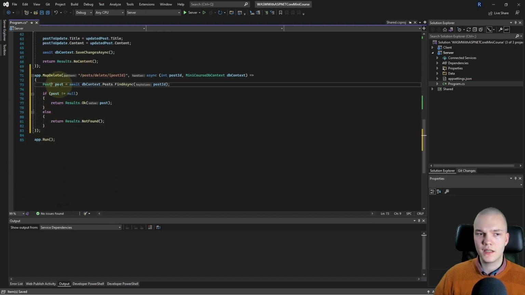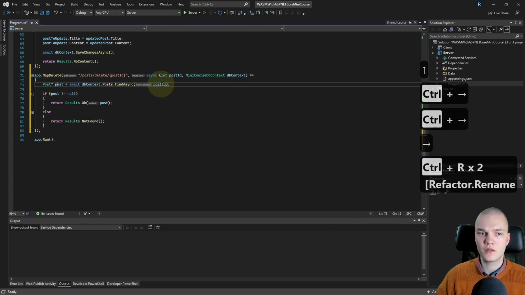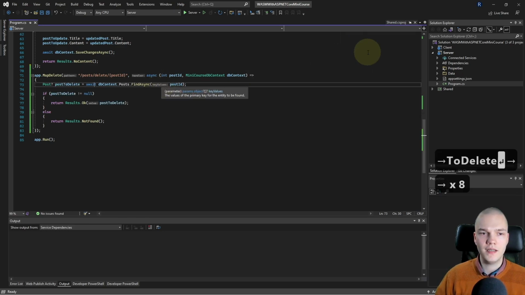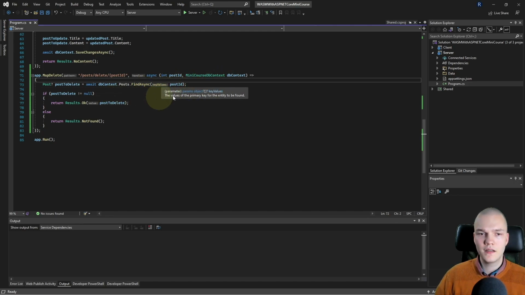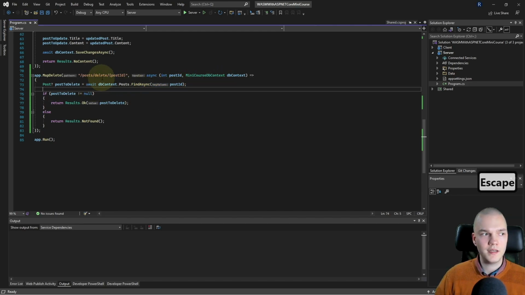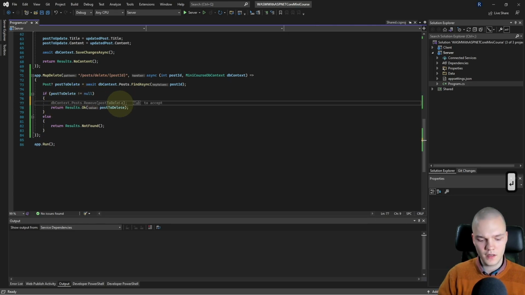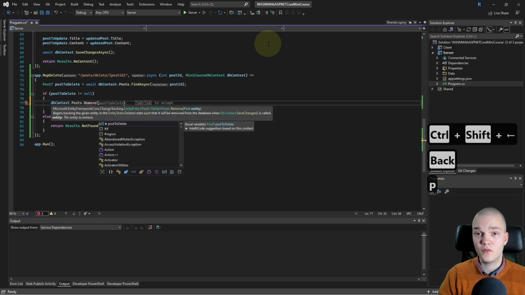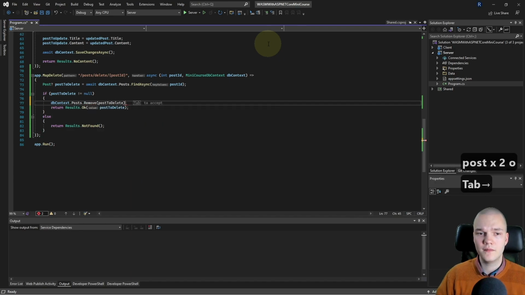So we're first gonna get the post to delete. So I'll just rename that, Ctrl RR, post to delete equals await db context dot posts dot find async, and then pass in the post ID. And if that isn't null, I want to do db context dot posts dot remove and remove the post to delete, semicolon.